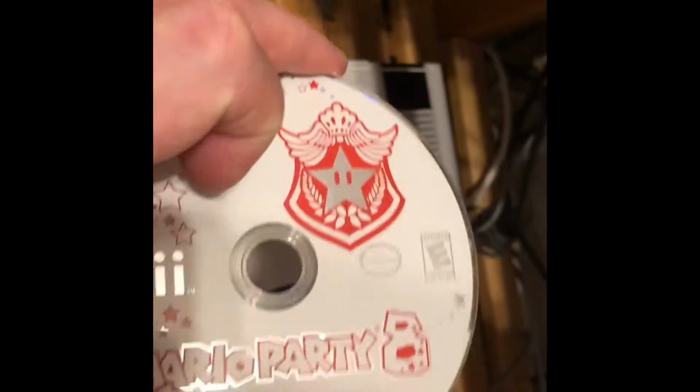And cool, Mario Party 8. That's a pretty good one. Looks like it's a little bit beat up, but I already have this game, so I'll probably just take this to GameStop since it's disc only. And it had the SD card in there,